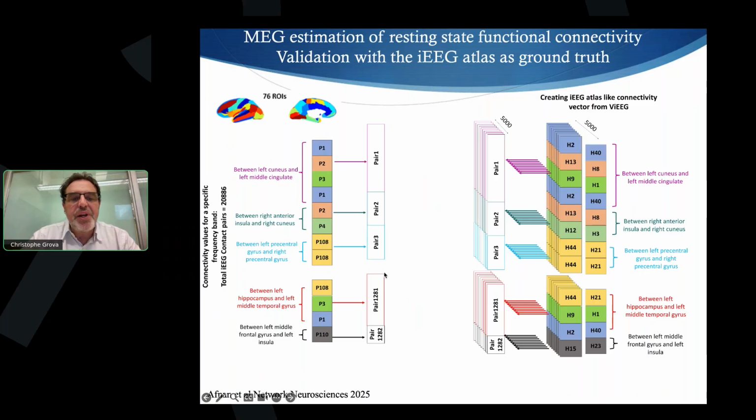And then from those pairs, I can do a connectome from the real intracranial EEG data, and I can do a connectome from MEG data converted into those exact same intracranial EEG electrodes. And then I was able to do a spatial correlation between those 2 connectomes. And because we have 5,000 values, I was able to do that 5,000 times. And then we were also shuffling the different anatomical labels to get a null hypothesis version.